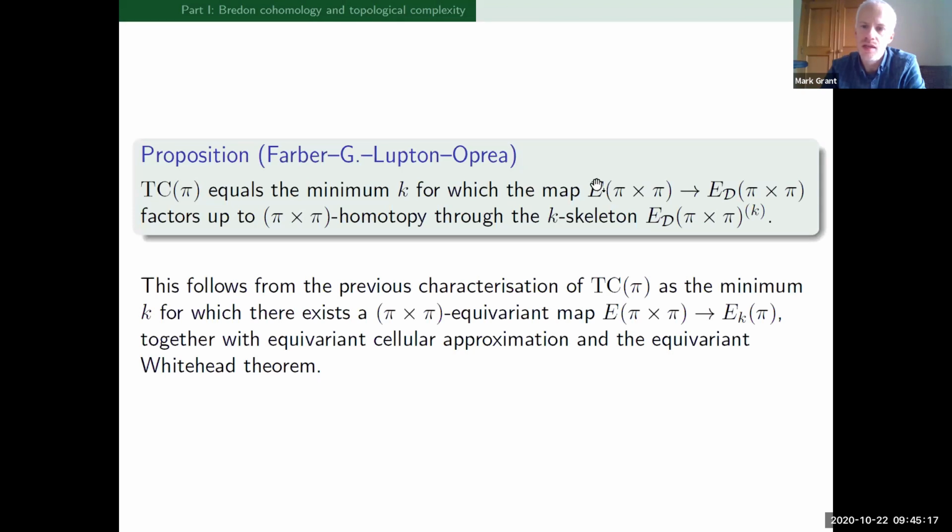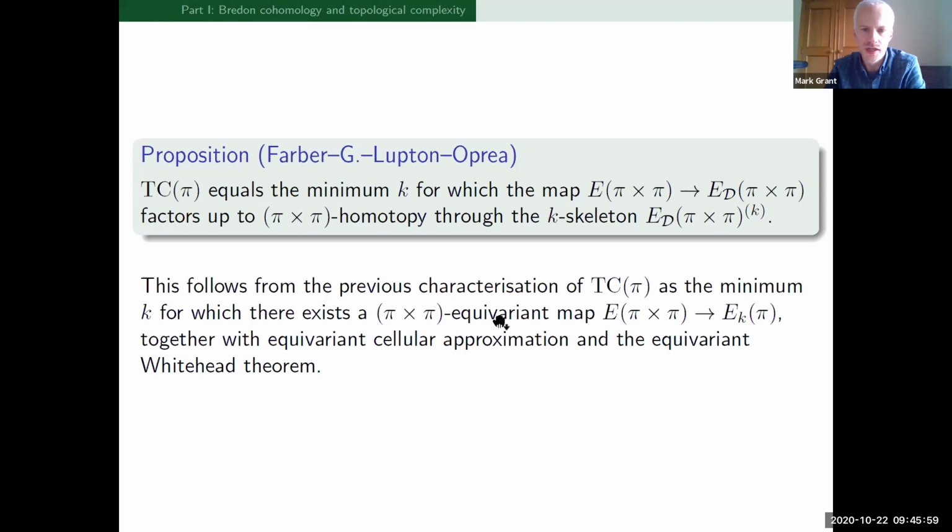What do I mean by the map? Well, in general, because this is a free pi cross pi space, its isotropy is all trivial, and the trivial group is contained in the family D, because we're taking all subconjugates of the diagonal. We have a uniquely defined map here. But also, we know that E pi, the infinite join of copies of pi, is a model for this classifying space. And there's an obvious equivariant map from E pi cross pi to E pi, which is just basically multiplication on pi, but with an inversion.